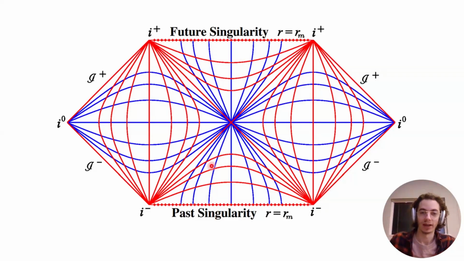But the important part to know is that things from these three universes cannot affect this universe. We can observe stuff that comes out of this universe because we can't go past 45 degrees, obviously. That's the beauty of Penrose diagrams. They make it really easy to see what can affect what. An object can go from here to our universe and we can see it, but we can't observe any object here. So this is out of reach to us. But we are not out of reach of it. So a little scary, but I'm sure there's nobody or nothing in the white hole theoretically that would want to